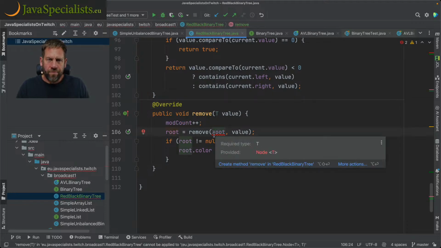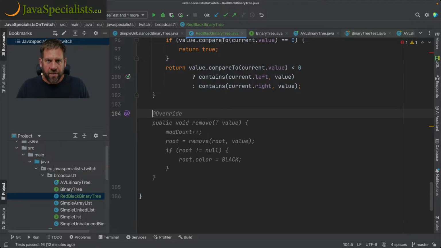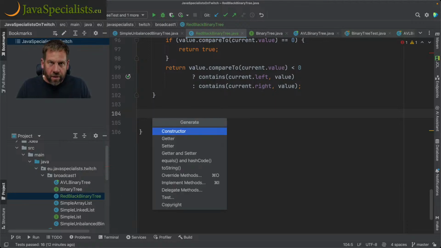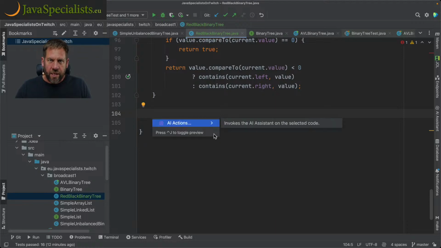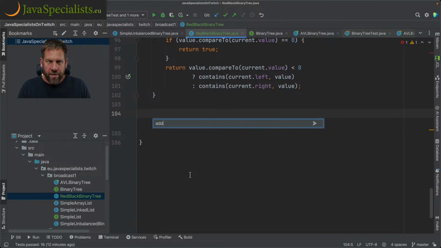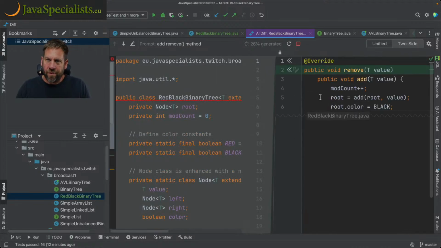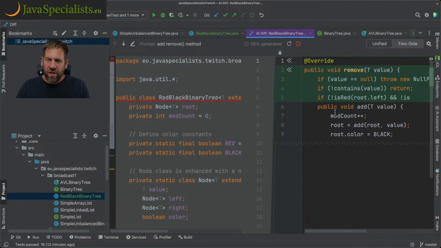So yeah, I don't believe that that's correct. So let's go and let's generate that. So we need to say generate code, add remove method. So let's see if we can do that. Remove of the value, and